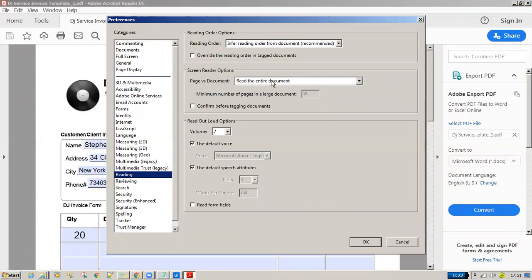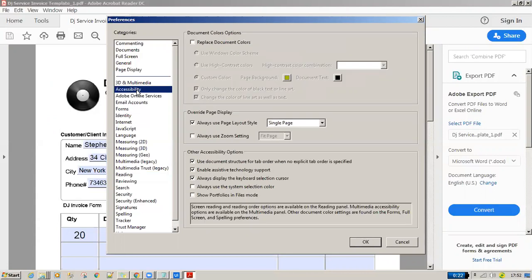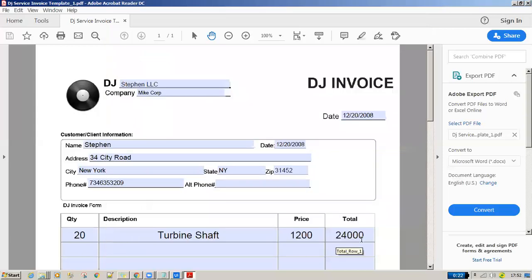It's supposed to be set to read the entire document, and uncheck 'confirm before tagging documents'. So these four options you need to ensure for whatever PDF documents you're processing, from the Adobe point of view. And get back to accessibility and make sure that under the other accessibility options, the first two checkboxes are enabled. Those two things you need to make sure of